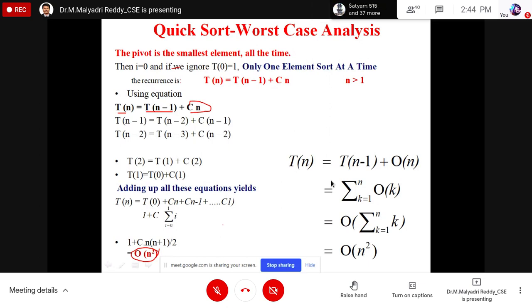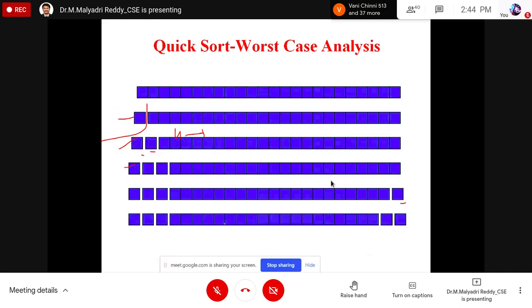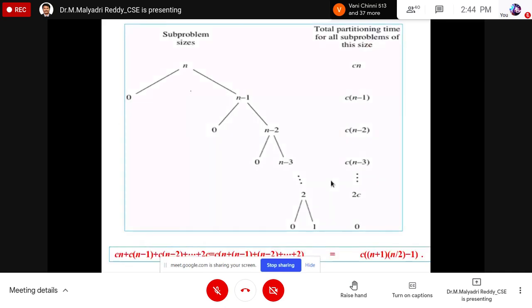When we are applying the divide and conquer method in quicksort, only one element is sorted at a time, that is the pivot element. It is the worst case analysis. It will be represented in tree format like this. In the first case, one element is sorted, and the remaining n minus 1 elements are there. Whenever we again apply divide and conquer, only one element is again sorted, time after time. So finally we need to perform n operations. So n into n plus 1 by 2, which is order of n square, is the worst case complexity